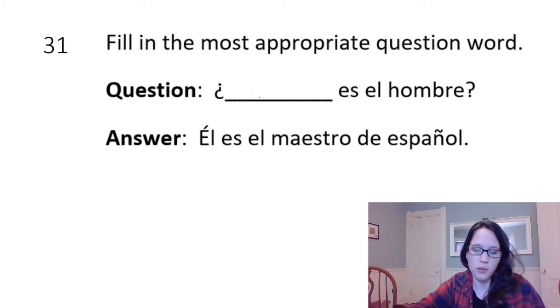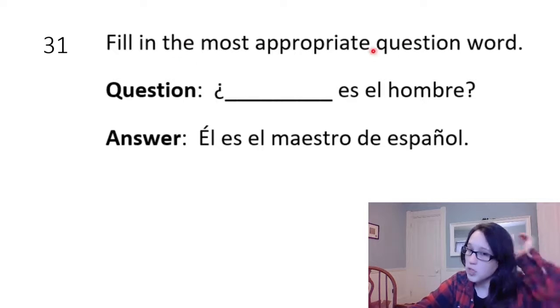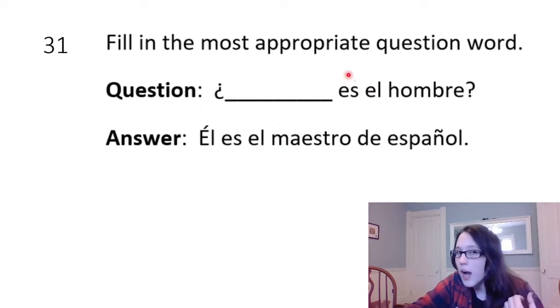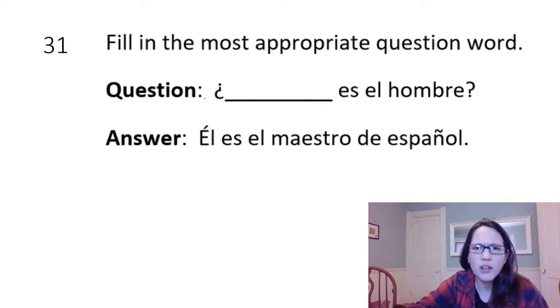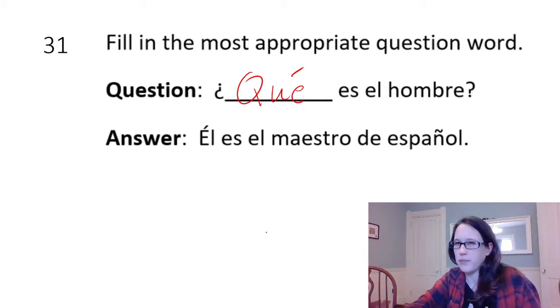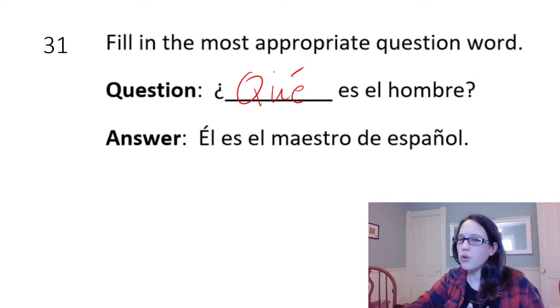So starting with number 1 here, it says fill it in with the right question words. So you're using words like who, what, where, when, why. It says blank es el hombre. So you need to know what these words mean. This is "blank is the man." Now, a lot of us, in fact most of us, put qué here. That was the most common wrong answer. "What is the man" is what you just asked, which I guess you could ask, but very rarely would you ever say, oh, what is the man?